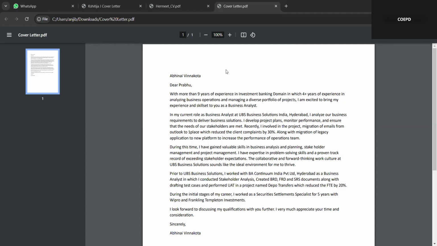I have overall 9+ years of experience in the investment banking domain, where I worked with Wipro, where UBS is the client, and I worked with Bank of America Merrill Lynch, and with Franklin Templeton. Right now, I'm with UBS. UBS established their own setup in the year 2020, and then I went back to UBS.